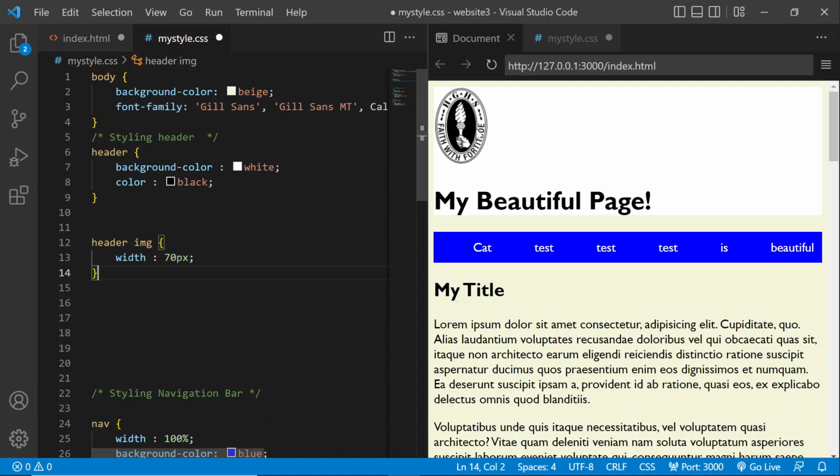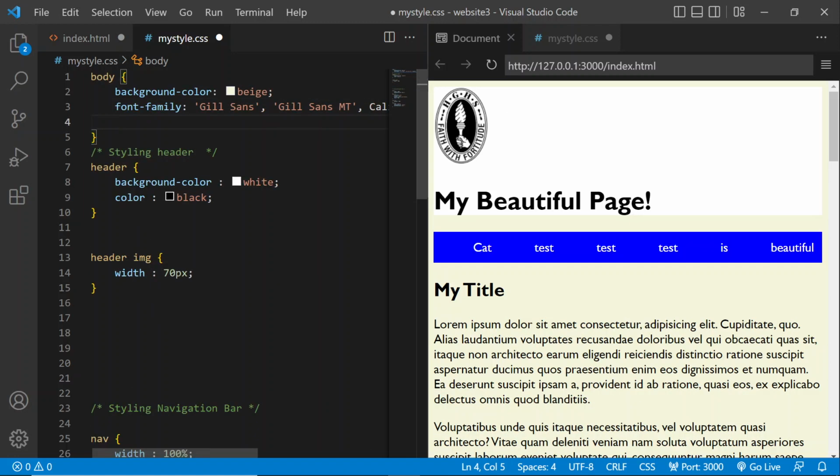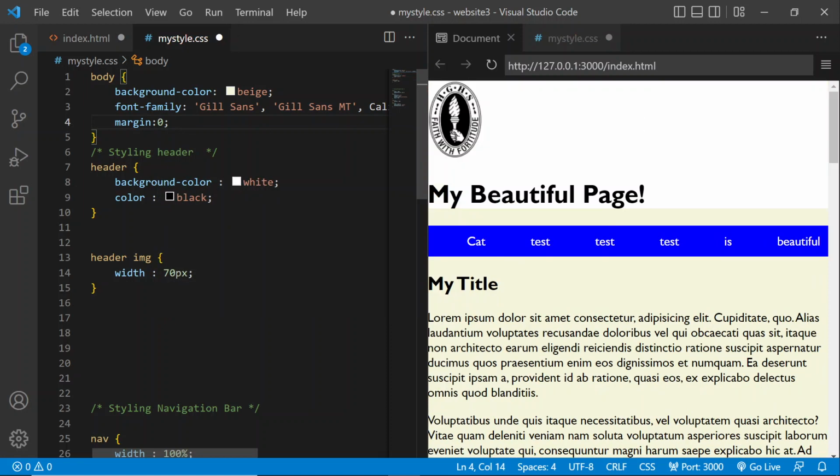All right, one thing you might notice is that there's a gap here. And good practice, well, I reckon good practice is whenever you start a new web page, I create a body section and I go margin: 0, and that just gets rid of that space. Okay. Now we've got our image,